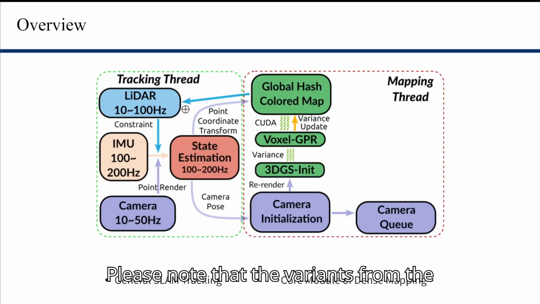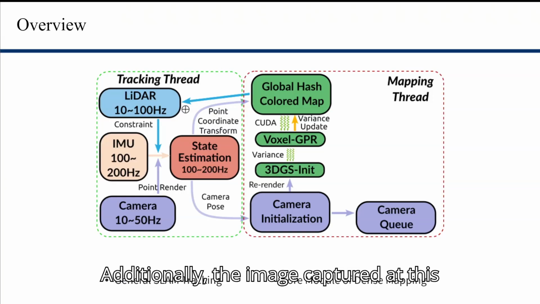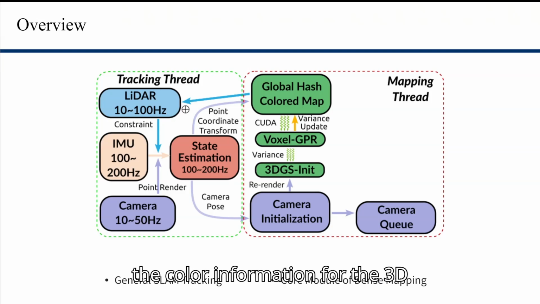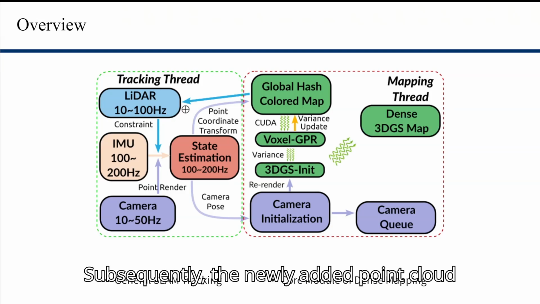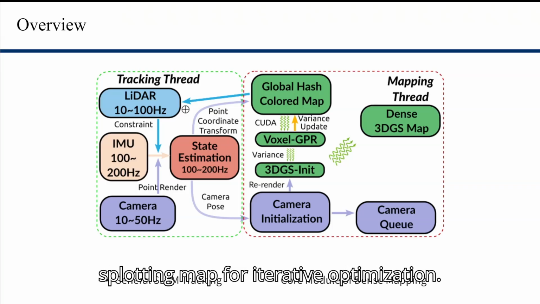Please note that the variance from the voxel GPR module will be used to initialize the scale and rotation parameters of the 3D Gaussians. Additionally, the image captured at this timestamp will be reprojected to obtain the color information for the 3D Gaussians. Subsequently, the newly added point cloud will be updated in the dense 3D Gaussian splatting map for